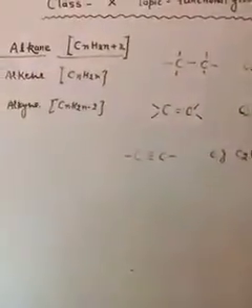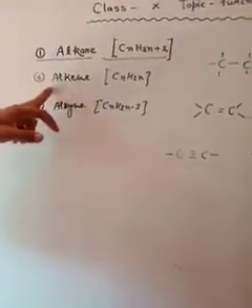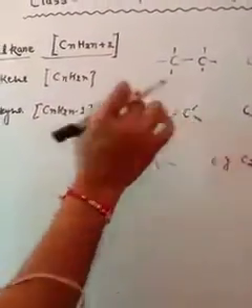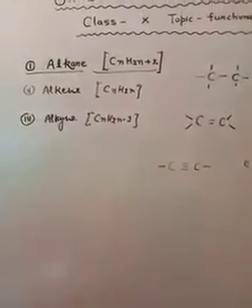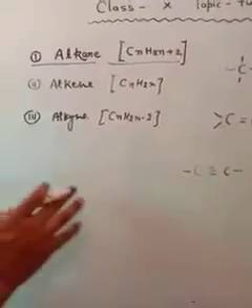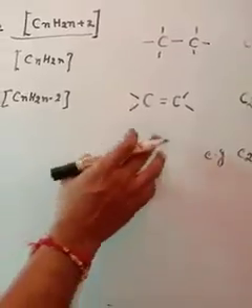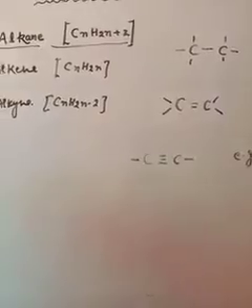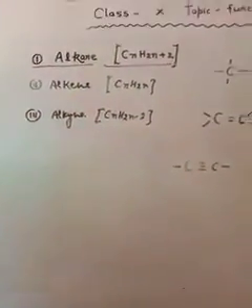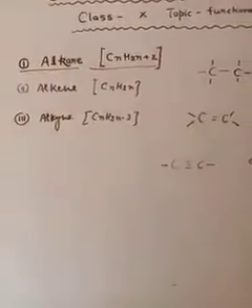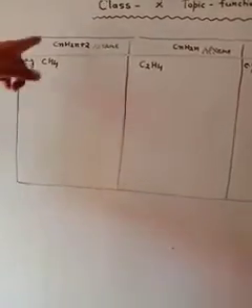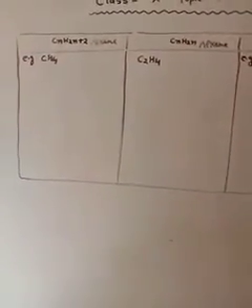It means alkanes are those organic compounds where the carbon's 4 valency is satisfied by single bonds. Alkenes are those unsaturated hydrocarbons whose carbon valency is satisfied by double bonds. And alkynes are those unsaturated hydrocarbons whose carbon 4 valency is satisfied by triple bonds. In this way, these are categorized into different categories. Now, student, here we go to the different formulas of the alkane and alkyne, and how